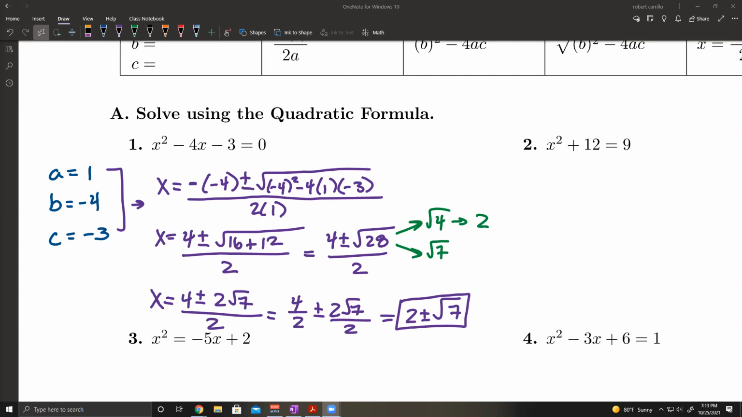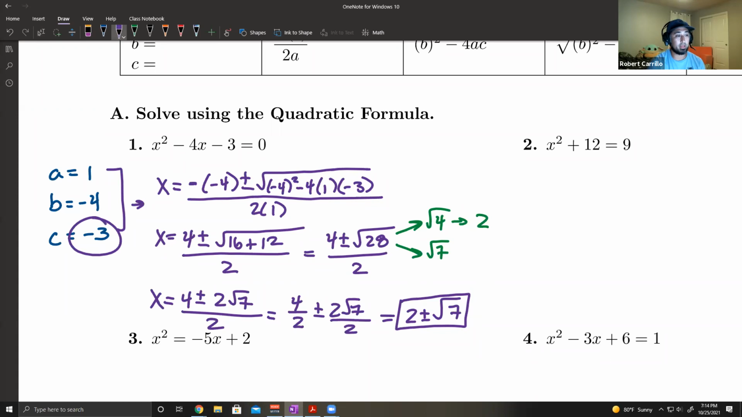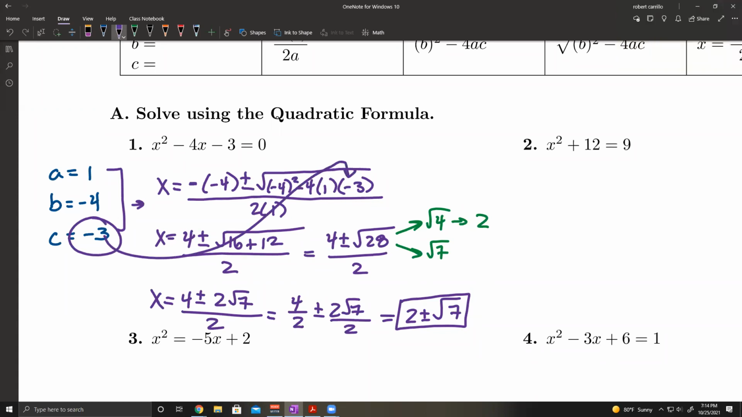The negative 3. We already used it. Where? Right there. Oh, duh. It's just part of the formula. That's it. So if I type all that in,